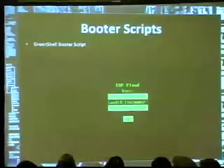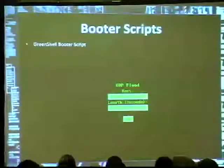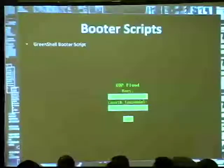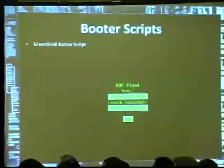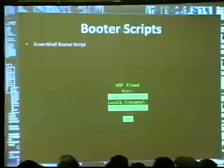Here's a screenshot of the GreenShellBooter script. Very simple, straightforward PHP file. Once it's uploaded to the server, all it asks for is the destination and the length of time you want to run the attack for. And all this does is send a UDP flood. So if you don't want to even use this little GUI interface, you can just send a GET request of greenshell.php?target=...&time=...